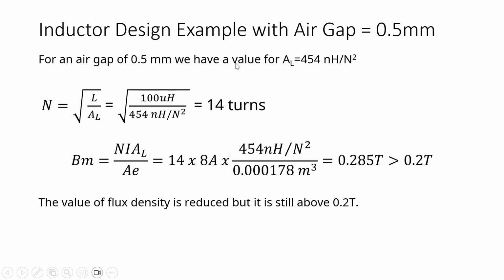And if we use this AL value for this inductance, we get 14 turns. And if we use the equation to find the maximum flux density with 8 ampere and 14 turns, and this cross section area, we get this value. Now this value is close to this one, but it is still greater than this one. If we want to further reduce it, we can increase the air gap,